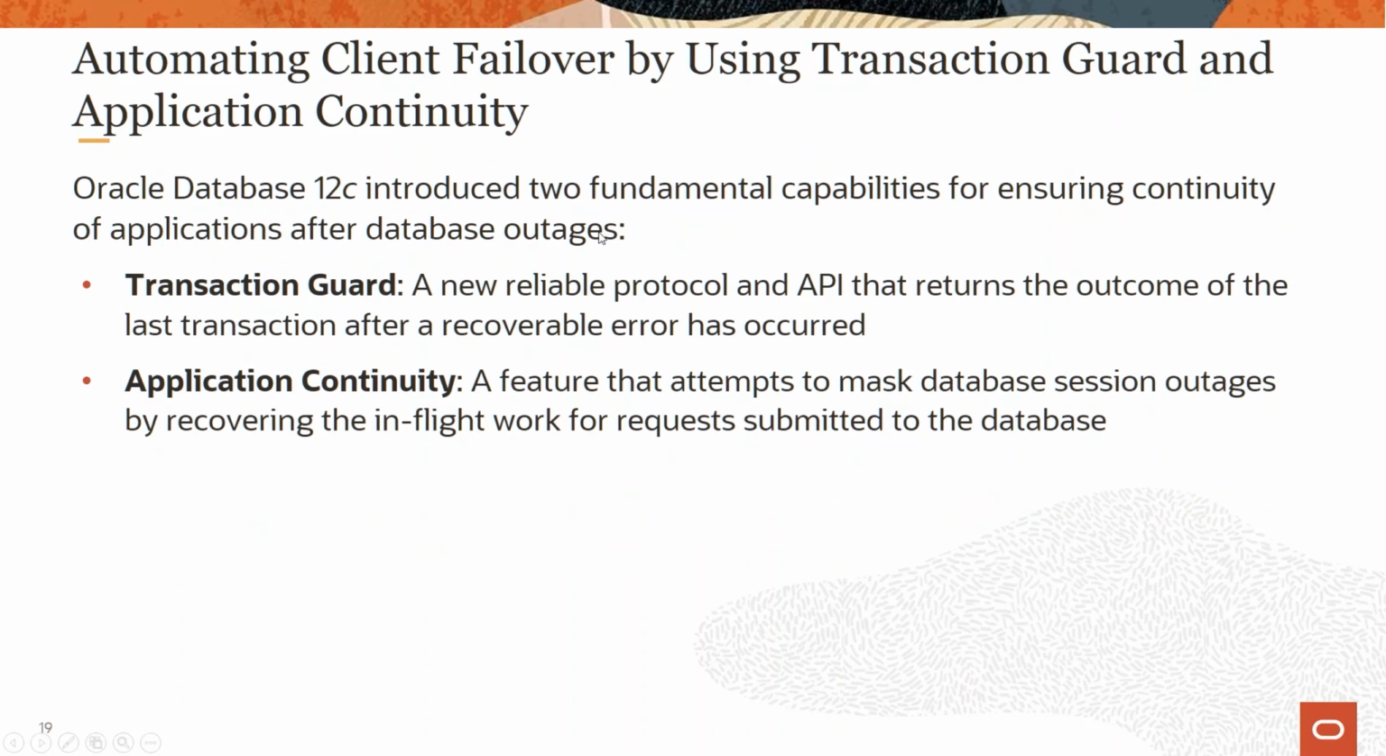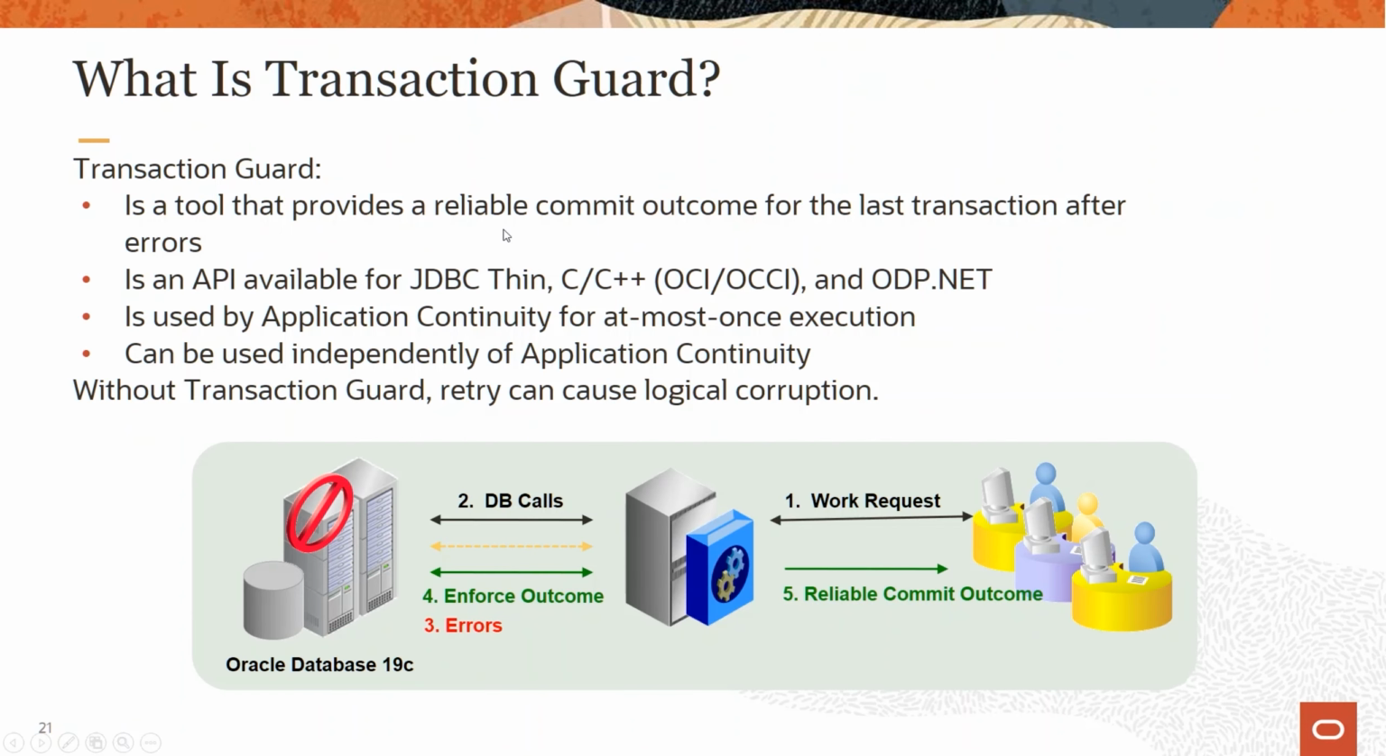In 12c, we have a very nice feature called Transaction Guard. And also we have Application Continuity. The difference is Transaction Guard is an API. This provides an interface that retrieves the last transaction commit status. For example,